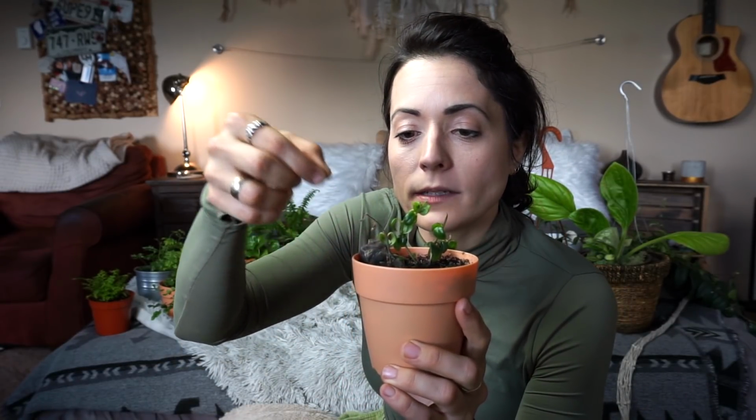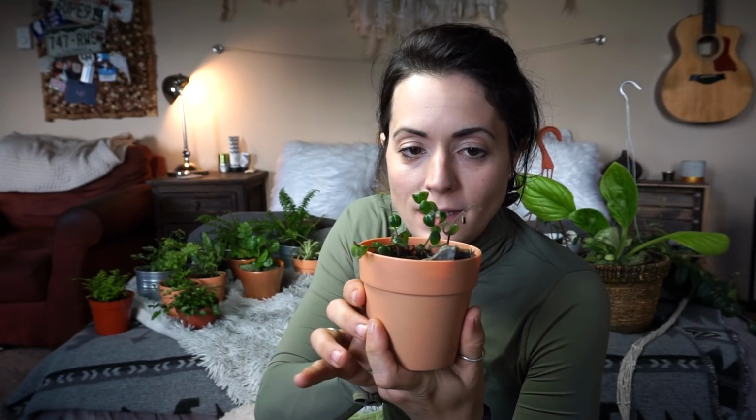I don't know why I'm so bad with succulents. I think some people just have no problem, other people really struggle. I'm one of those people that just really struggles. Here's another plant that's holding on for dear life that I don't know what. I think I didn't have this plant in enough light, is what I'm guessing, because it has just,